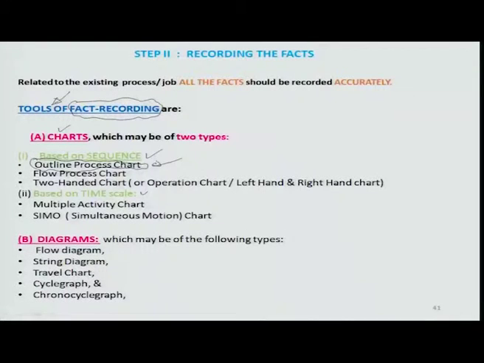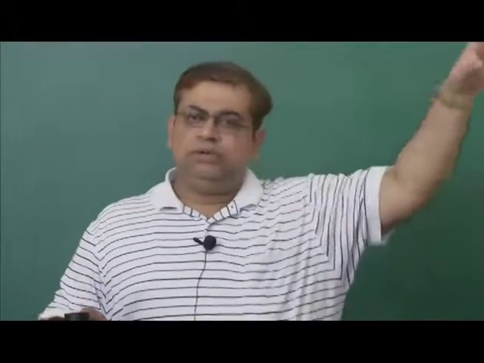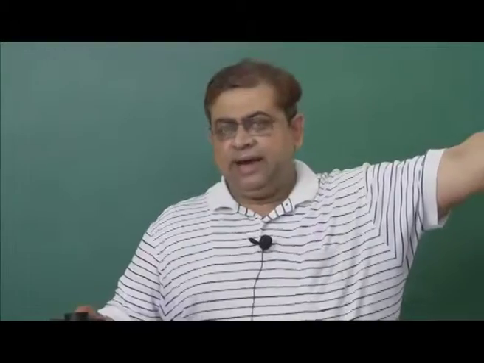And then of course, there are two-handed charts. Two-handed charts typically are related to executing the task in a time-wise manner by looking at what your left hand would do and what your right hand would do. For example, if I wanted to take a cover and put it on the top of, let us say, the engine head, and then fit 3 bolts or 4 bolts on this cover to attach it to the head. So, typically my left hand would probably do the job of picking up the head cover and then placing the cover over the head. The head is going to come to me from the last station where there was some other manufacturing on the head,